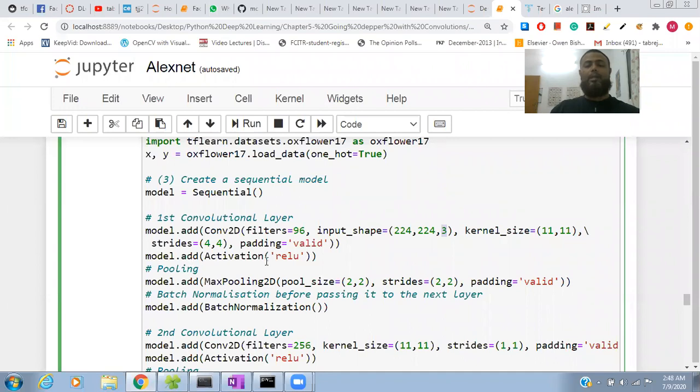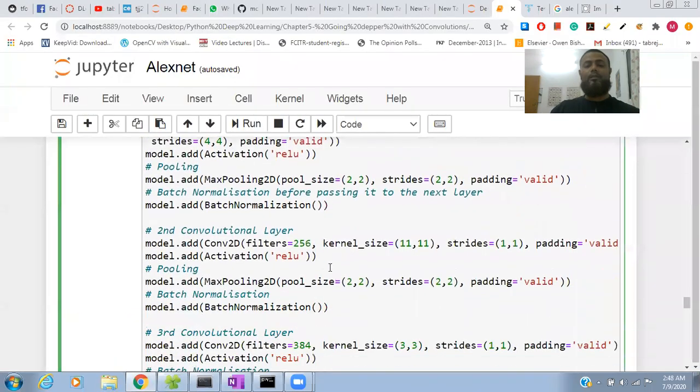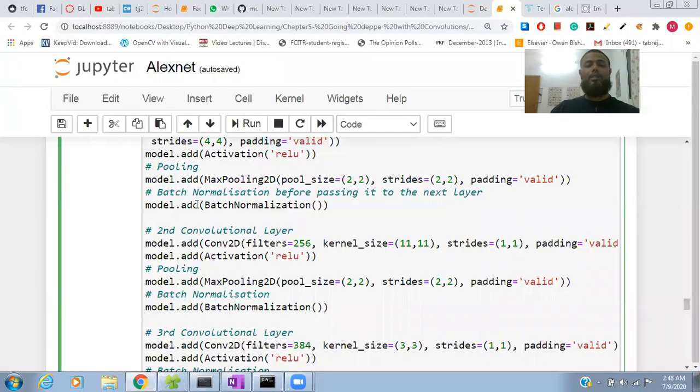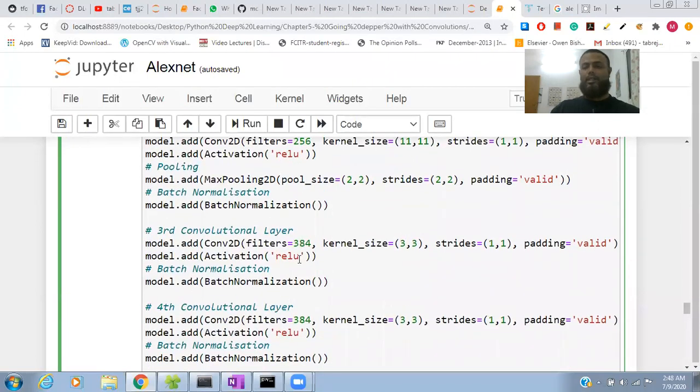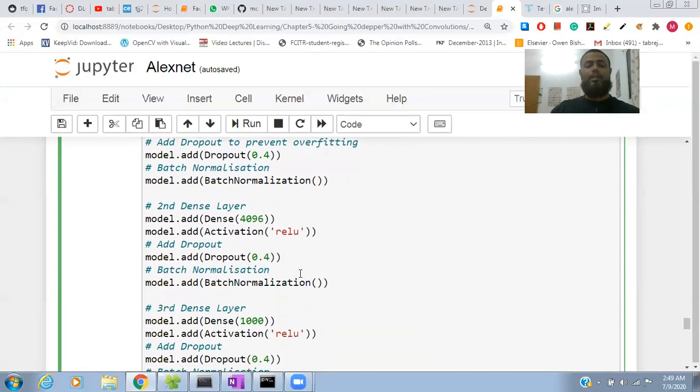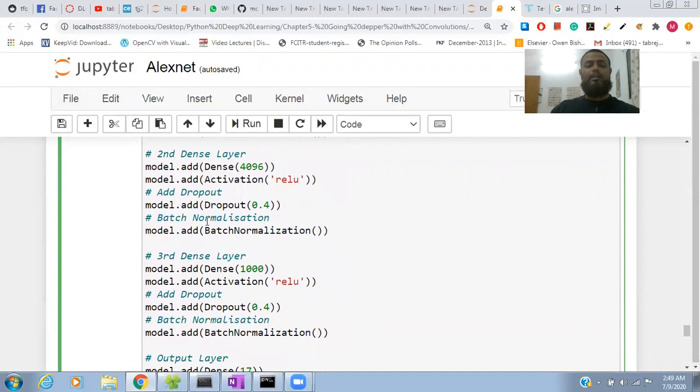Okay, and then they apply the ReLU function, and then again we use the pooling. So if you see, the second one is pooling, 2 by 2 pooling, and padding is valid, and we can apply batch normalization, then the second convolutional layer. So this is the architecture, we apply all these things, and then at the end we add a flatten layer and dense, and then finally we pass the data into the activation function, and this is the second dense, and this is a dropout.